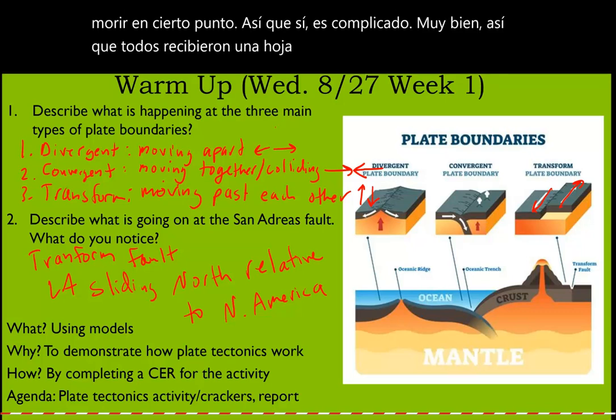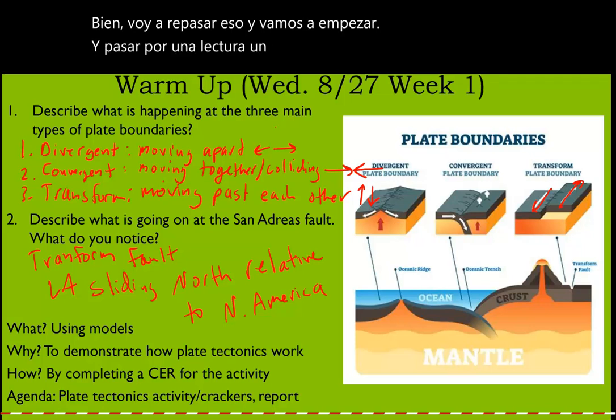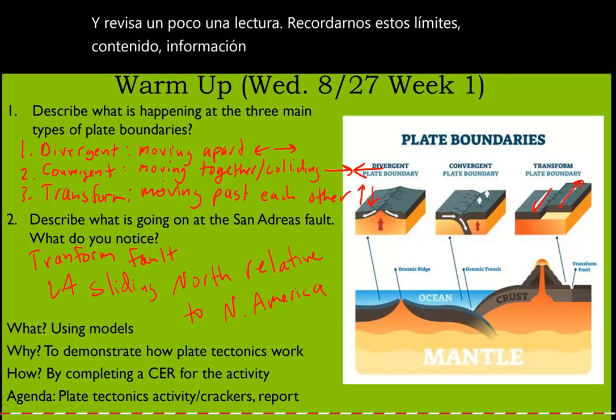All right, so everybody got a lab sheet, correct? Okay, so I'm going to go over that, and we're going to get started. Go through a little reading, a little remind ourselves of these boundaries, content information, and this information that you get is going to be available